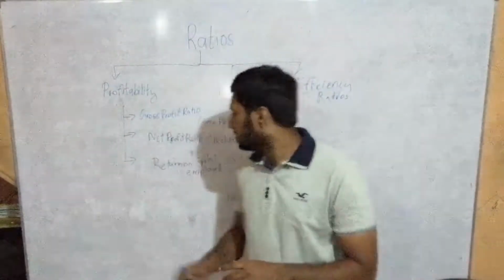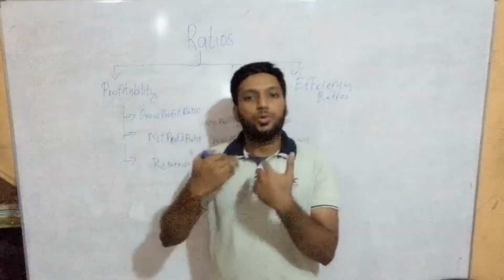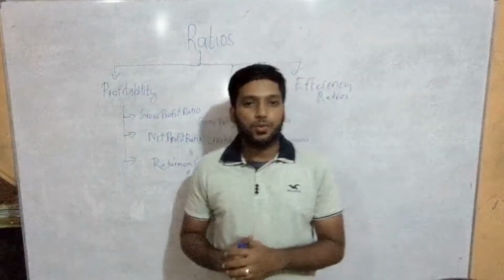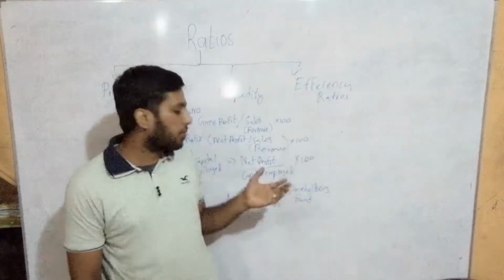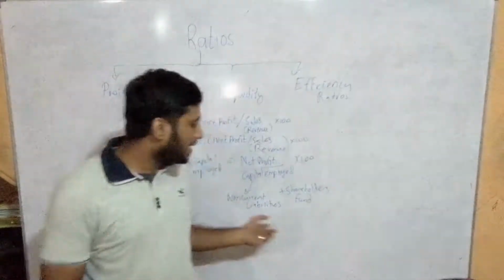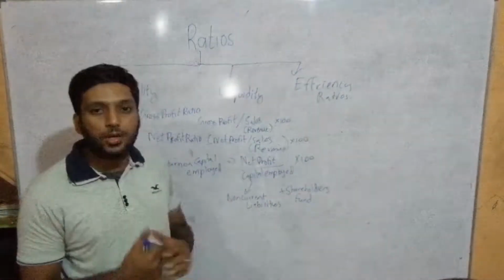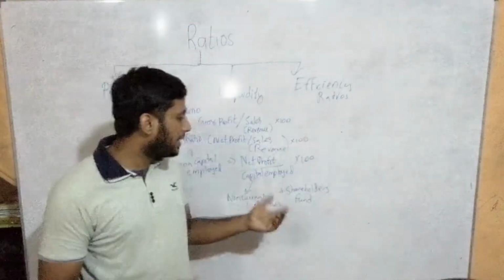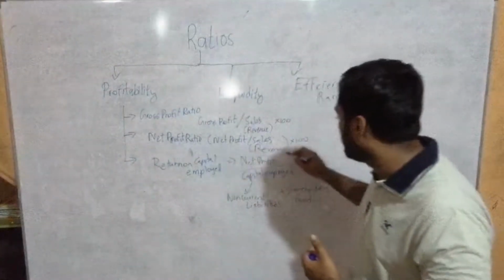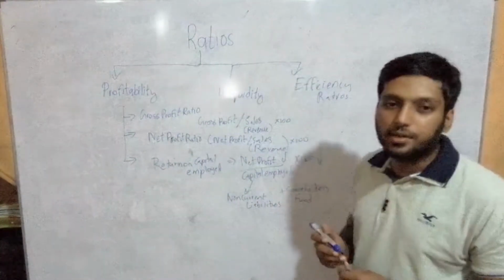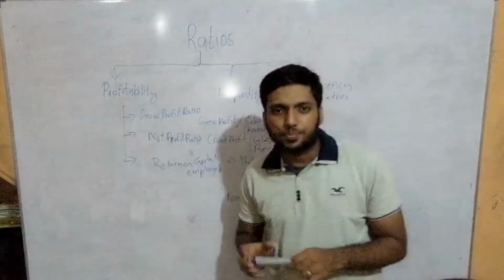And the third is return on capital employed. It's the return on the investment you have given towards your owners. When you speak about the return given back, in percentage of net profit, it's what we say return on capital employed. In this area they don't ask much, but they might ask why your return on capital employed has dropped. At that point you should be able to say again, if your net profit has decreased, your return on capital employed will also decrease. Or if your capital employed has increased, your return might still decrease.